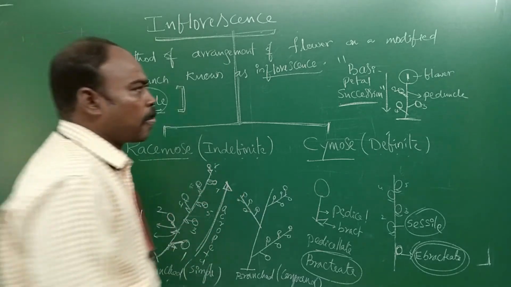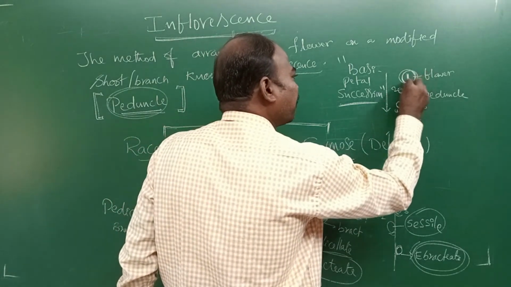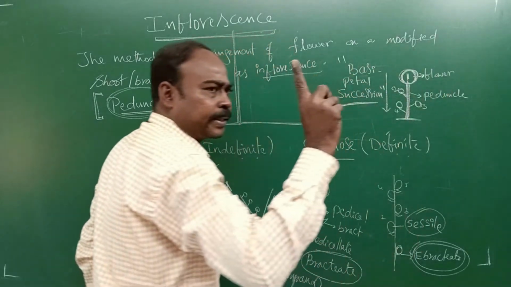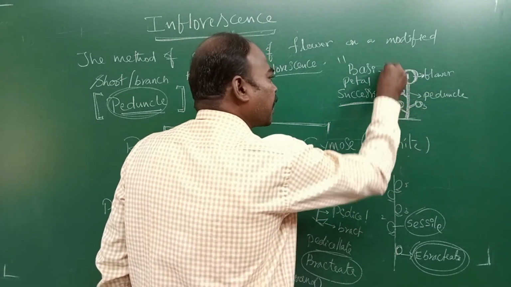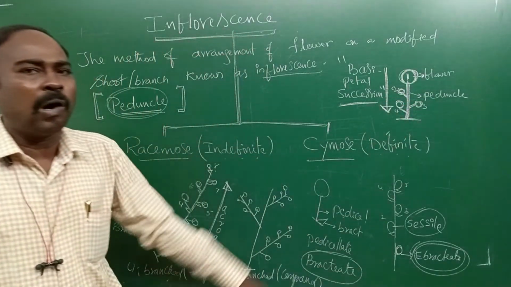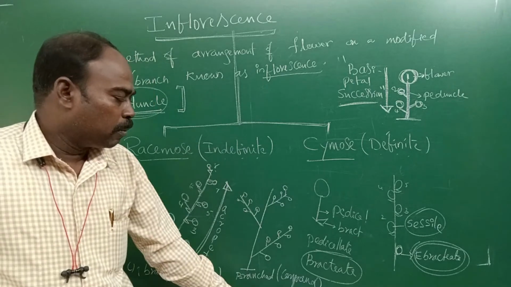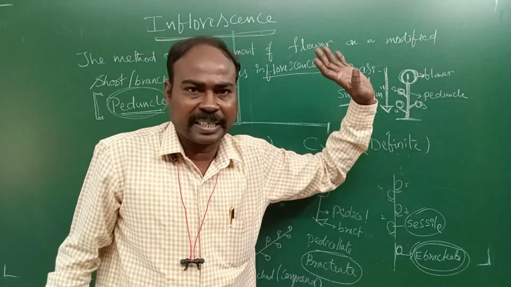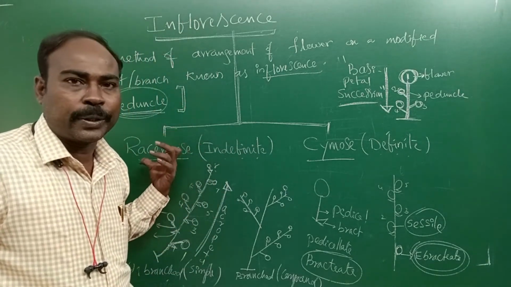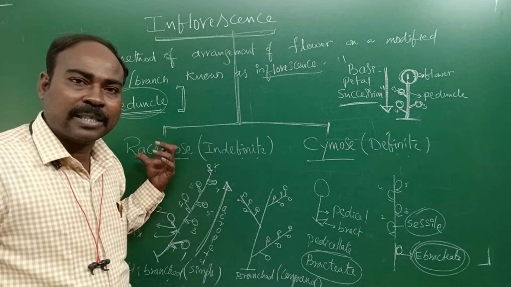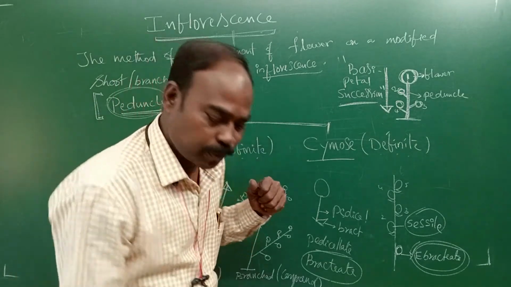Where? In racemose type. Whereas in cymose type, the peduncle grows up to a definite height and terminates by producing a single flower. Then further flowers will be developed towards its base in an order called basipetal order. This is basipetal, this is acropetal. Here also simple and compound types are there. Let us discuss the indefinite one first. So now we are going to discuss first the indefinite, that is racemose type of inflorescence, then we go for cymose type, right?